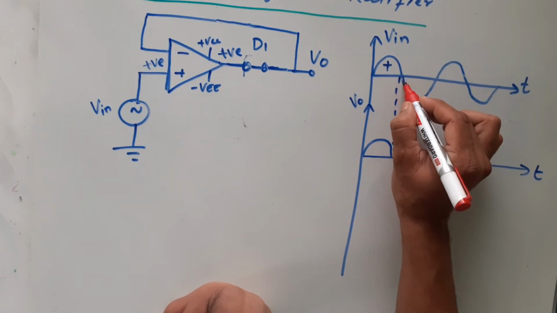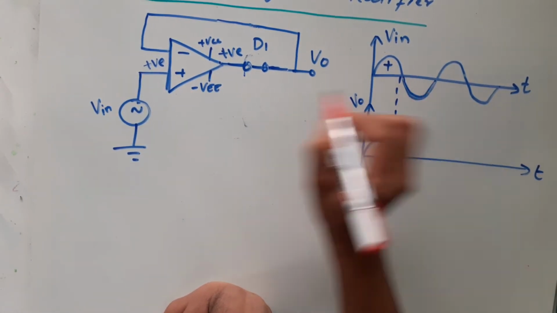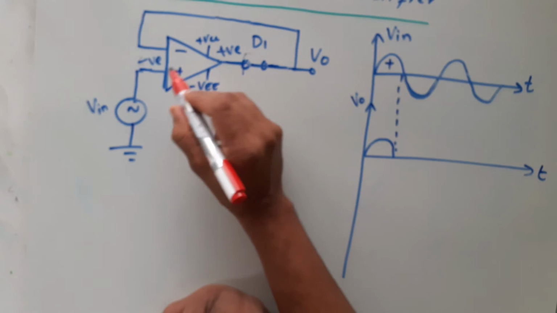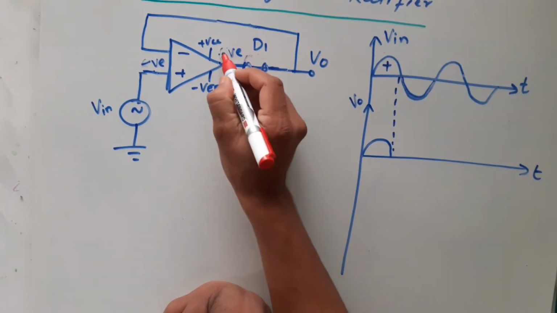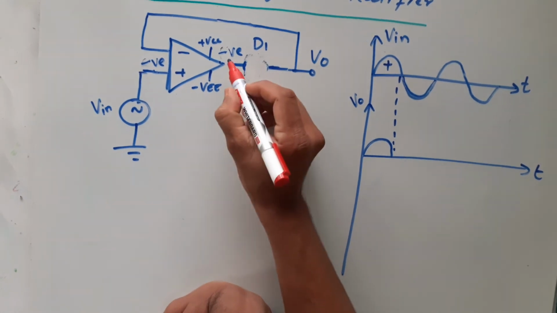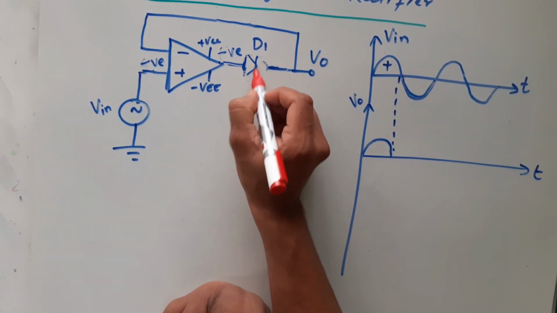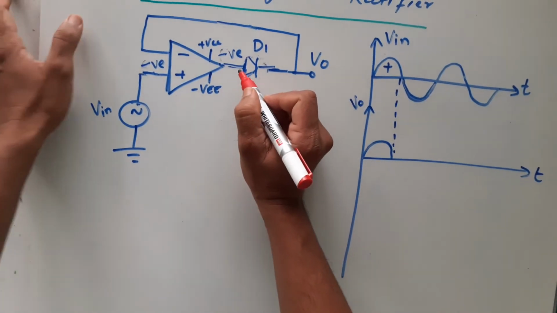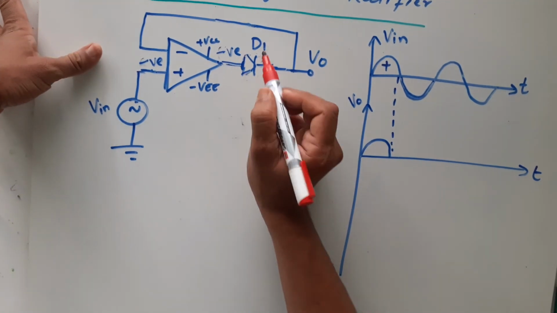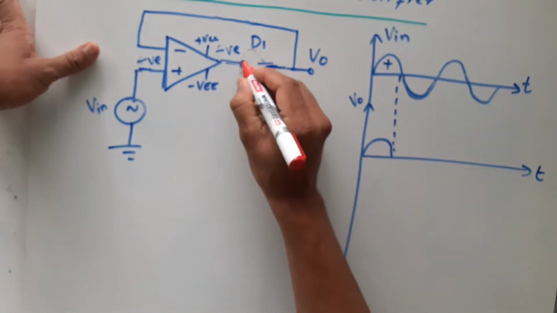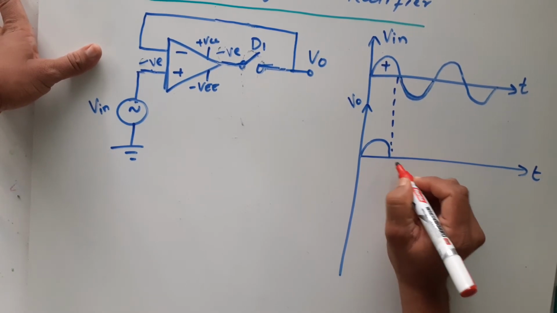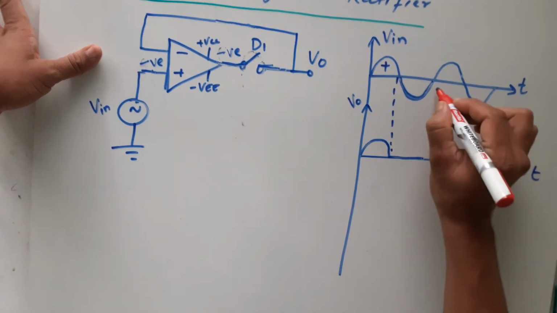Now, when you give a negative input, the negative half cycle of this input, when it arrives here, this negative input will produce a negative output, right? You had a diode here like this. For this negative voltage, will it conduct? No, right? It will not conduct. So the diode will not conduct in reverse condition. Hence, your diode D1 will act as an open switch, and it will not give any output. Hence, you will not get any output here for this duration.